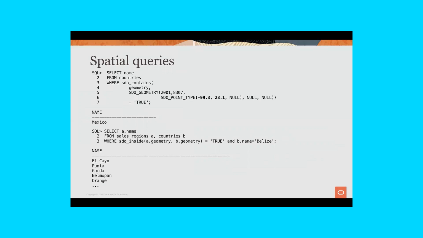Okay, so now I'm taking that point and then I'm trying to identify where that point is. So these polygons here in this example is a set of countries, but it may as well be sales regions that you defined. So when you get a cell phone location, and you want to identify the sales region that contains the cell phone location, you can do those type of queries using simple SQL queries.